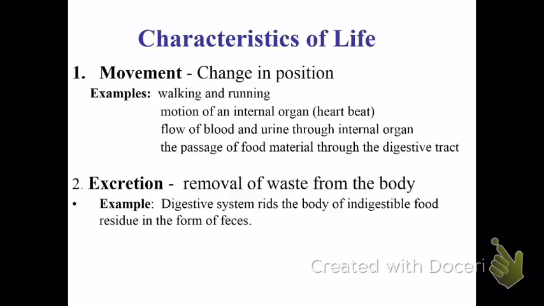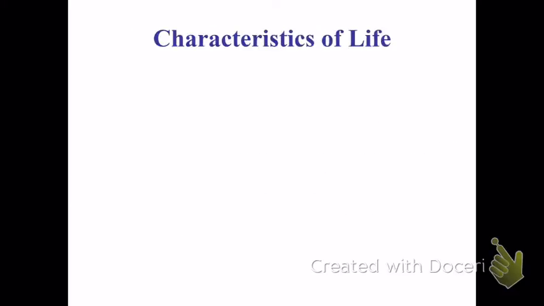Okay, so to define life is difficult. How do you define life? Well, there's 10 things that we say, if you can do these 10 things, then, okay, you're alive. So if you can move, change in position, if you can excrete, so if you can excrete the waste, right? And humans, of course, excrete the waste out their anus, right? We eat food in our mouth and excrete in the anus, but some organisms don't excrete that way. Some worms and such actually eat and then throw up what they don't need. And so, any way you excrete,